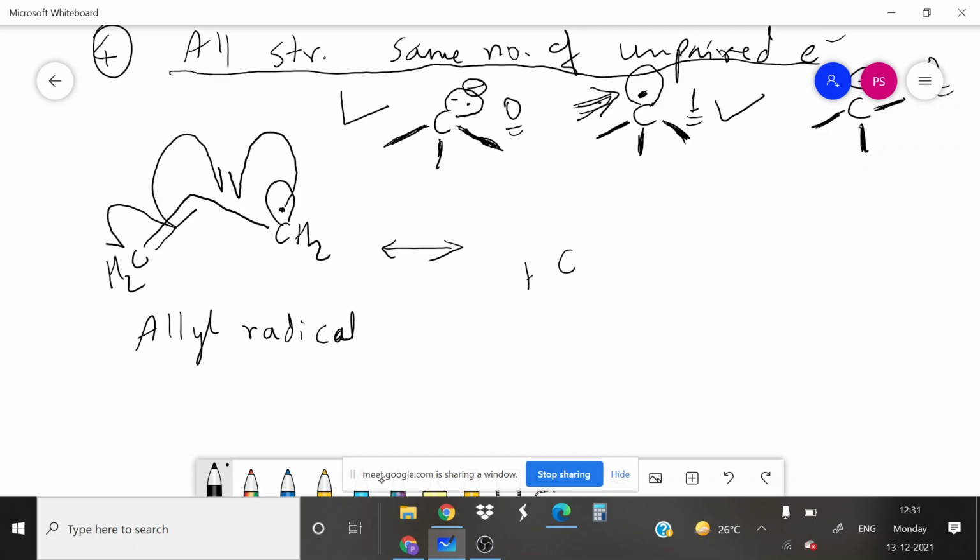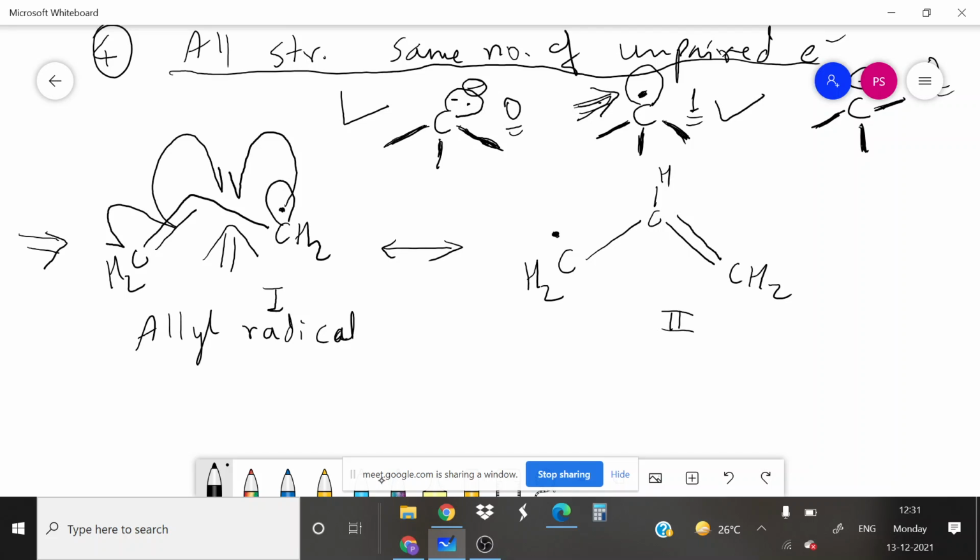So the next structure will be, you carefully see, CH2 is here, of course. This is the atomic framework, the carbon framework. Now you can see two electrons are concentrating in between these two carbons, so a double bond will form here in the next structure. And one electron is moving to the left carbon, so you can put a dot here. This is structure number 1 and this is structure number 2.